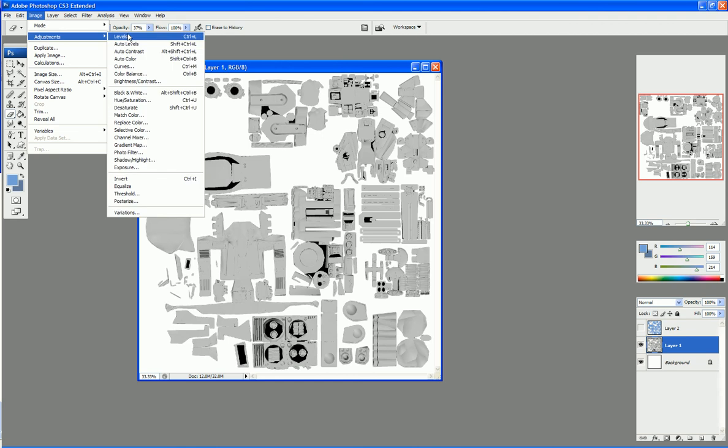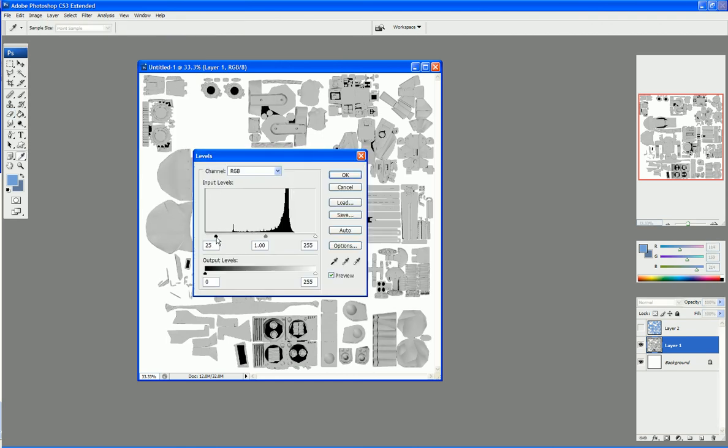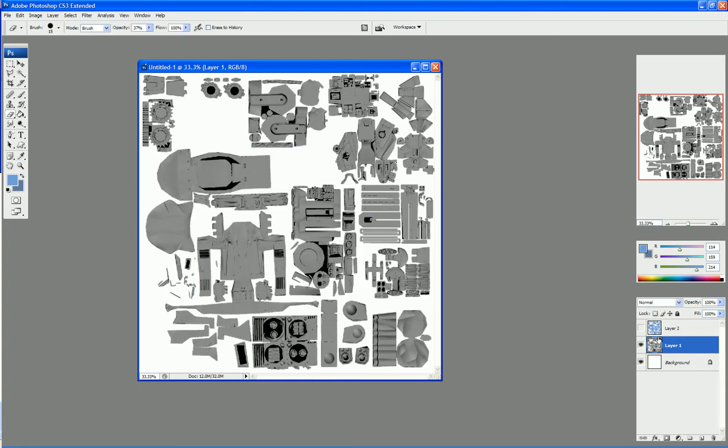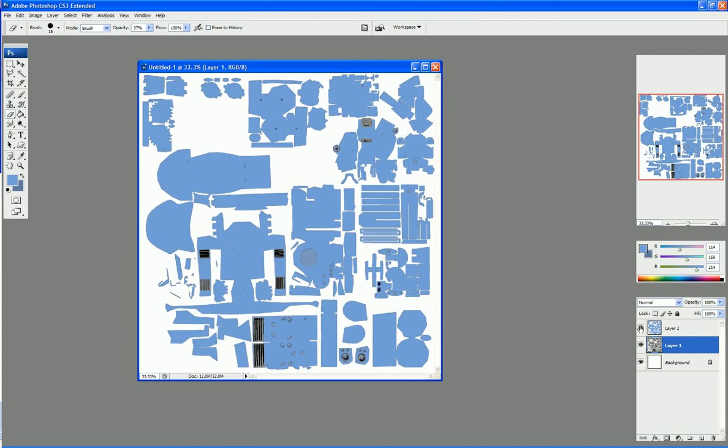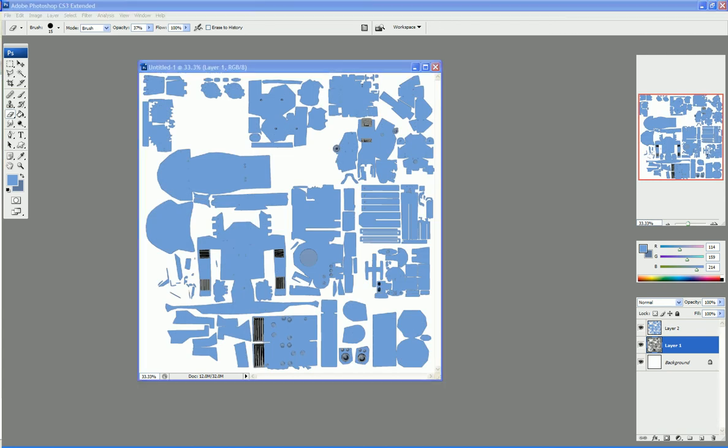Adjustments, got levels. Darken these up a bit, like so. Now if we turn this back on again, you can see these areas kind of sticking through a lot better. Now what I'm going to do is,